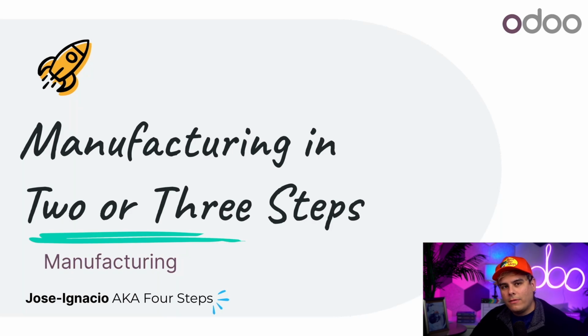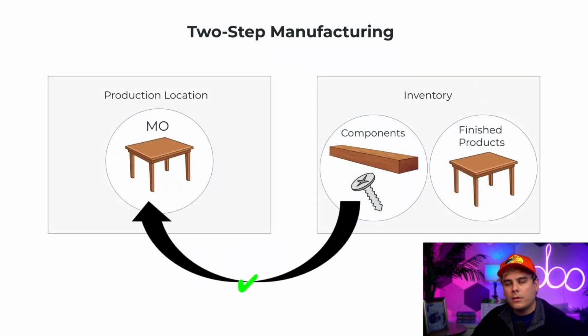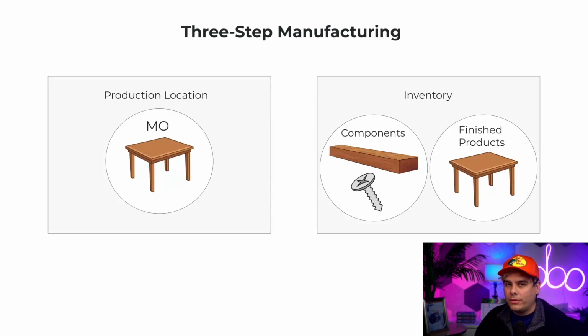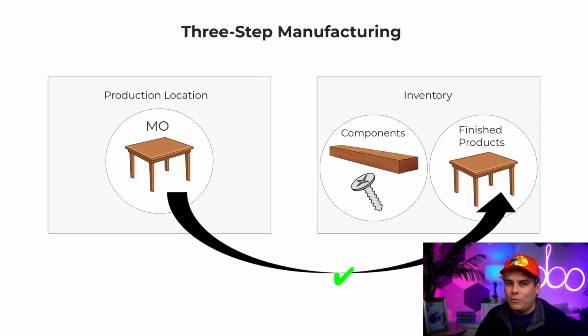In two-step manufacturing, a transfer is created to move components from the location where they are stored to the location where the manufacturing takes place. However, no transfer is created to move finished products to the location where they are stored. In three-step manufacturing, 2 transfers are created. One to move components to the production location before manufacturing begins, and then another to move the finished products to